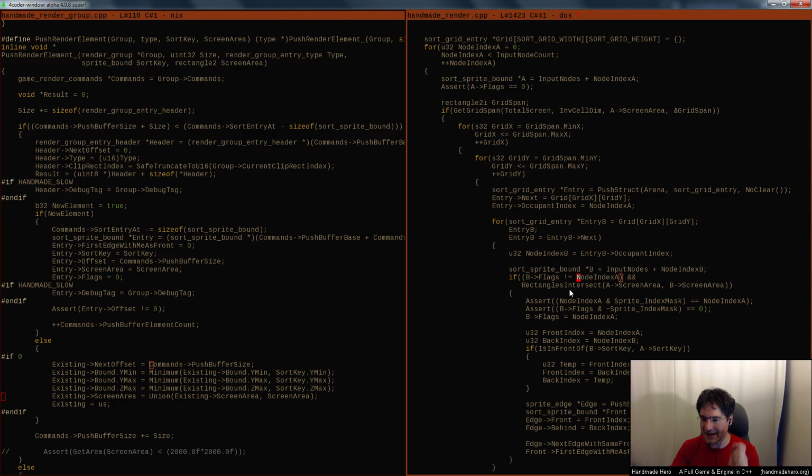We're saying it has to be not equal to that one. Well, just because now there's a bunch of cruft in all of those flags fields that are previous indices that we checked, right? It doesn't matter because we're checking against node index A. I did just think, however,